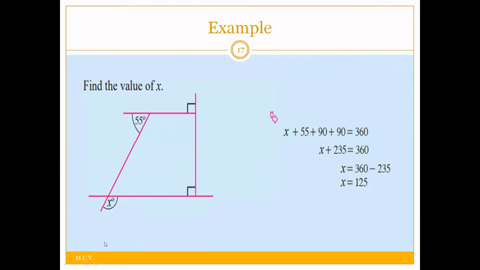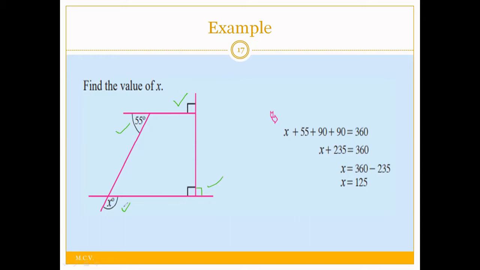Let's see this example. Now we know the sum of exterior angles of a quadrilateral is 360. This one is an exterior angle, this one exterior, this one also exterior. But here the exterior angle is not given. The interior angle is given. Sum of interior plus exterior is 180. So if this is 90, the other half should be 90, because 90 plus 90 is 180. So this one can be taken as an exterior angle.